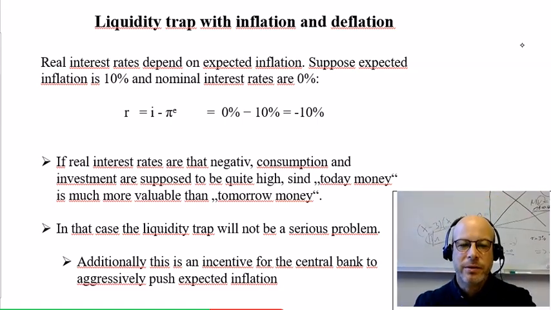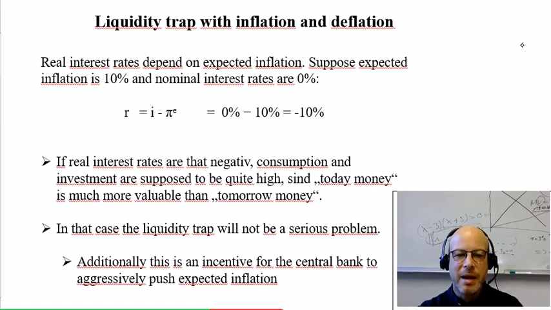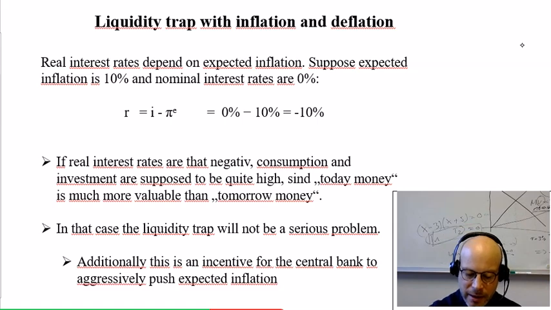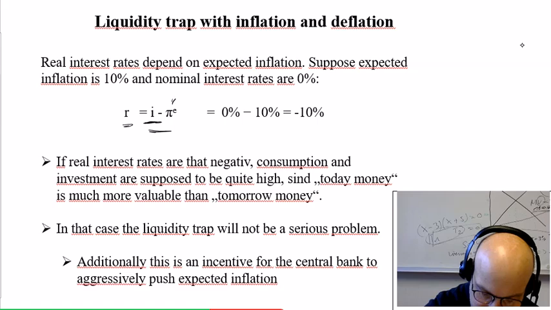And also, you know, what really matters within our economy is not the nominal interest rate, but real interest rate, and this is approximately just the difference between interest rate and inflation. So this is